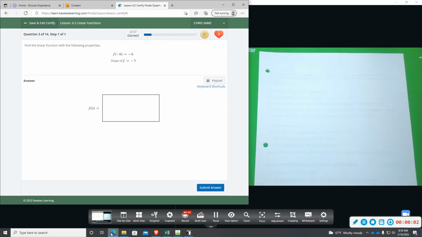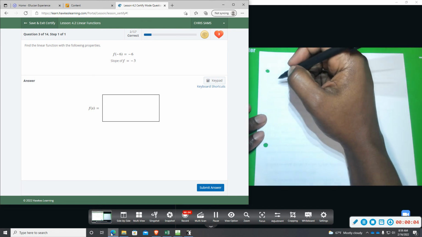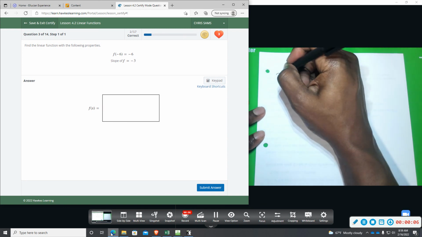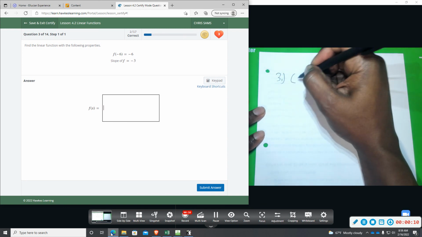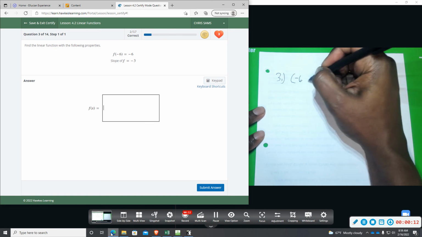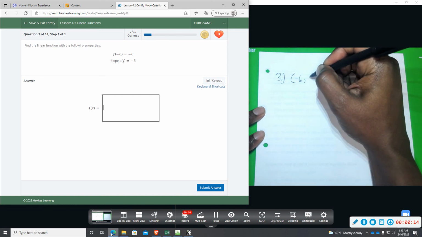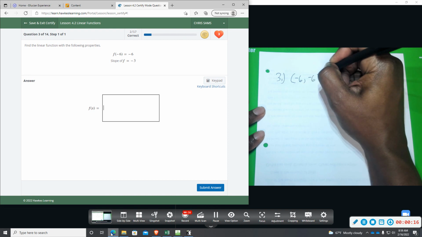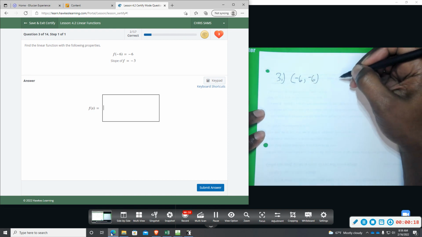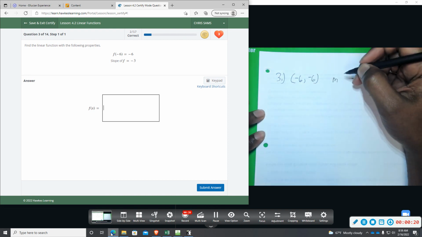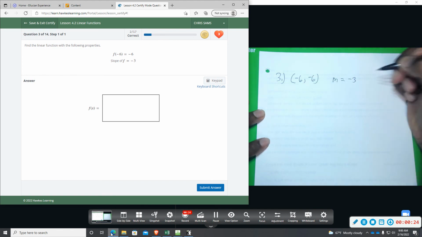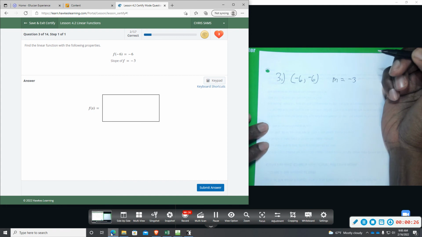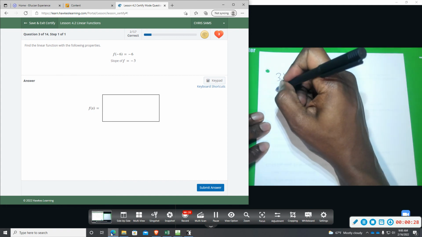Right, number 3, this time they give us a different ordered pair. So number 3, they give us the ordered pair -6, -6. And then we're given that the slope is -3. Okay, so you can still solve this, and I like to do it with slope-intercept form, but I'll